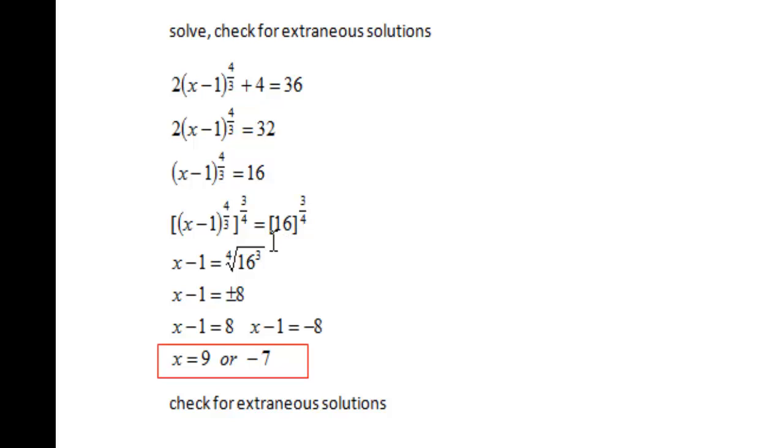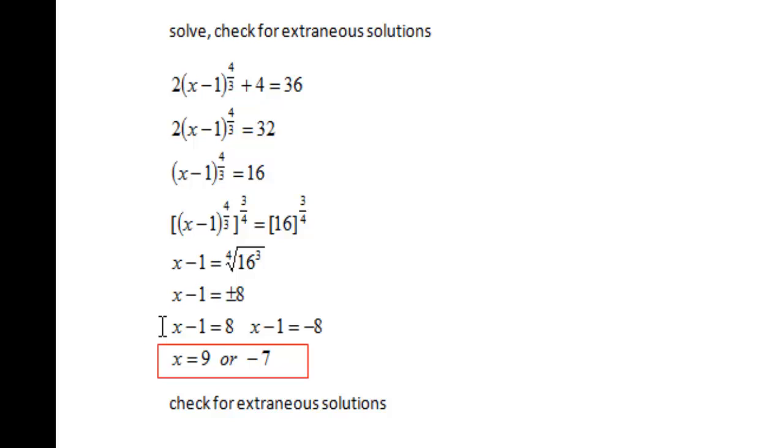You can rewrite 16 to the 3/4 in radical form, and you get x minus 1 equals the 4th root, because 4 is the denominator of the exponent, the 4th root of 16 to the 3rd power, because 3 is the numerator for the exponent, and that becomes the exponent underneath the radical sign. When you take the 4th root of 16, you get positive or negative 2. When you cube positive or negative 2, you get positive or negative 8. So on the right side, you'll get positive and negative 8, and on the left side, x minus 1 remains